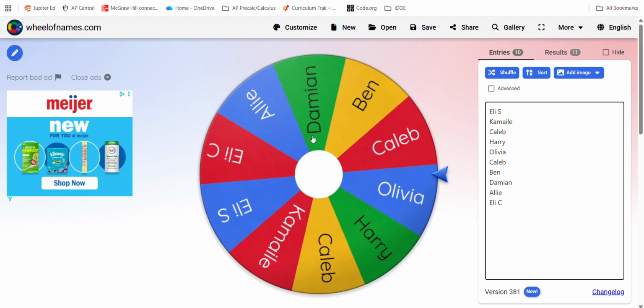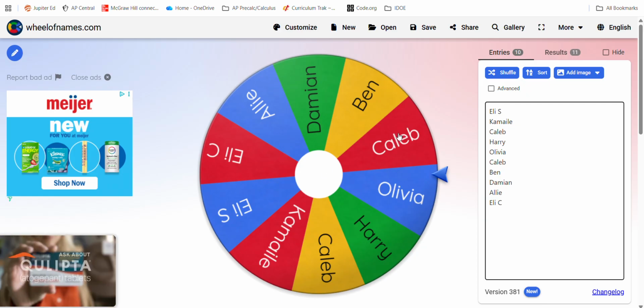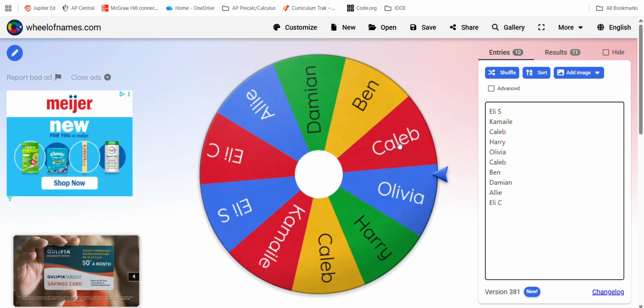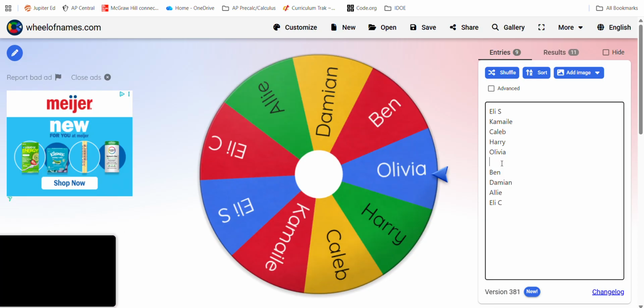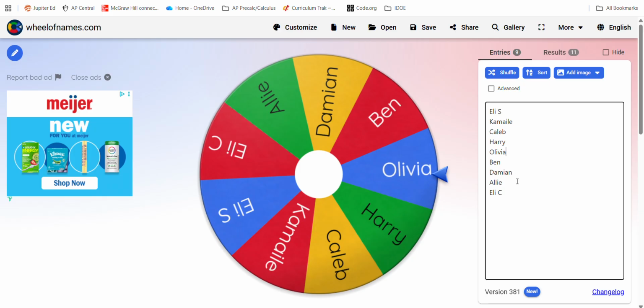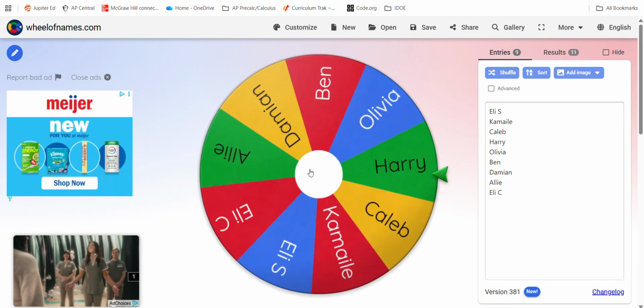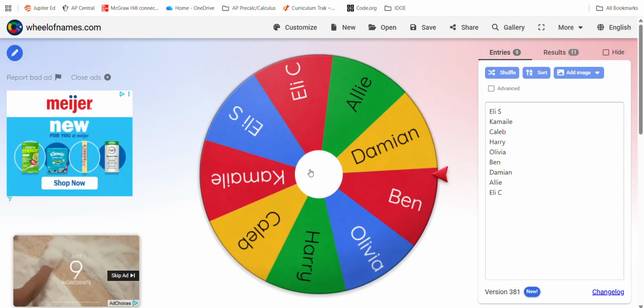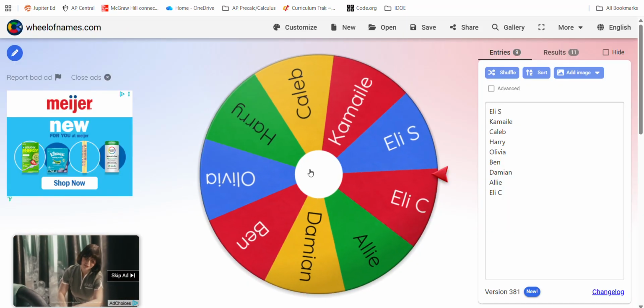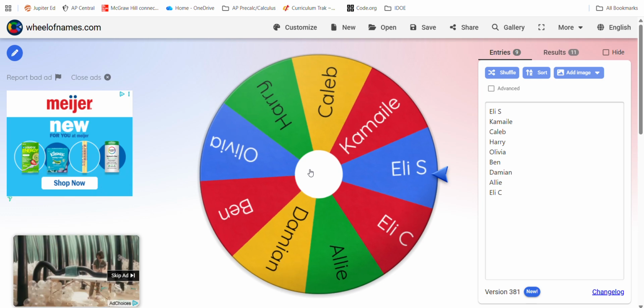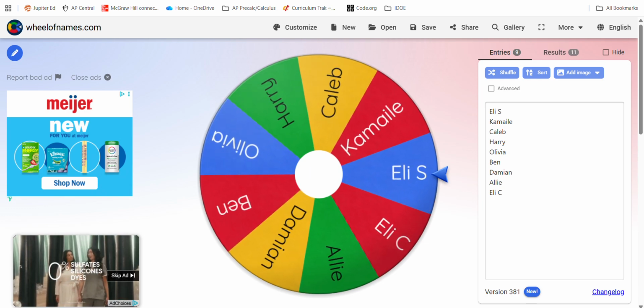Wait, hold on. Why does it look like there's more on here than there actually is? You looked on it twice. Oh. Oh. Mr. Shoemaker,